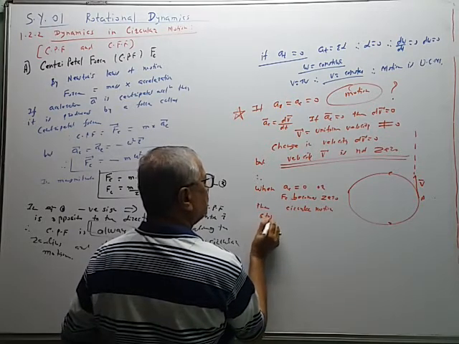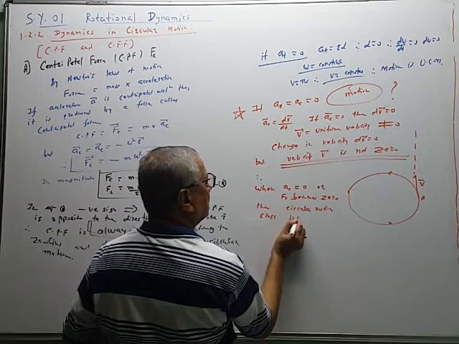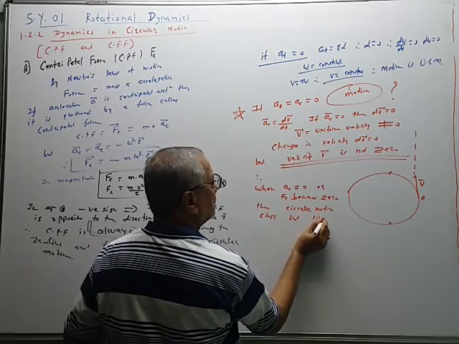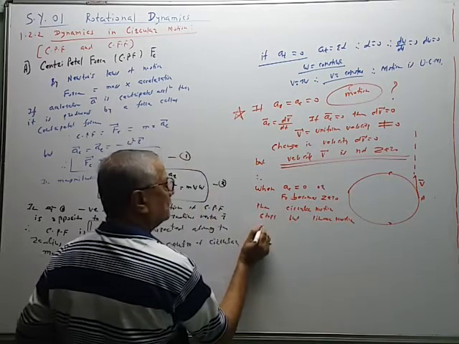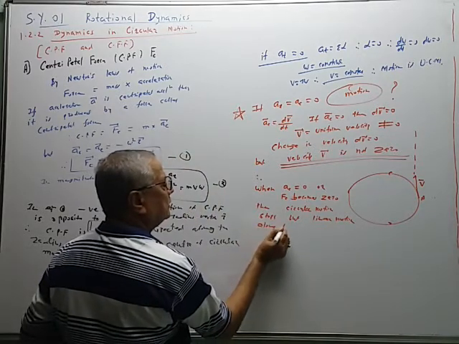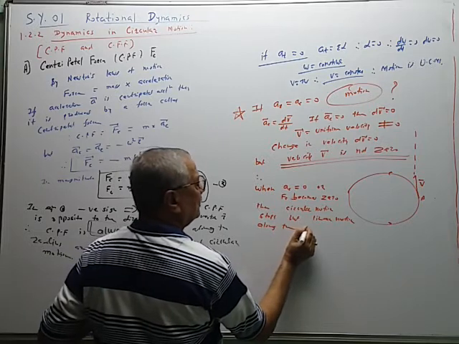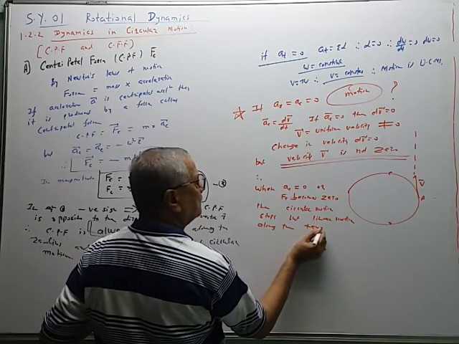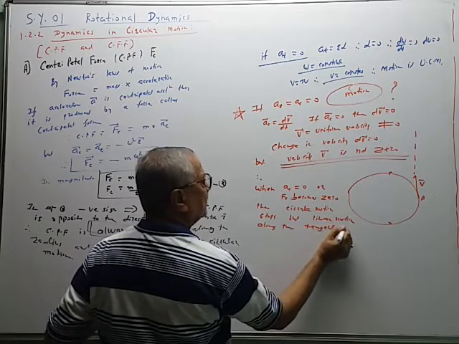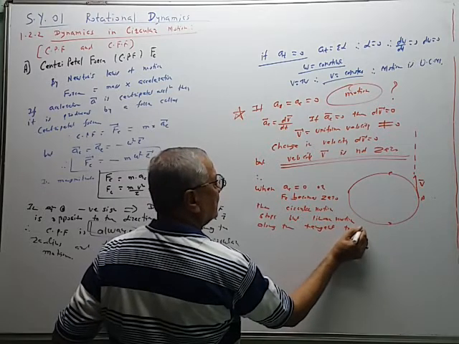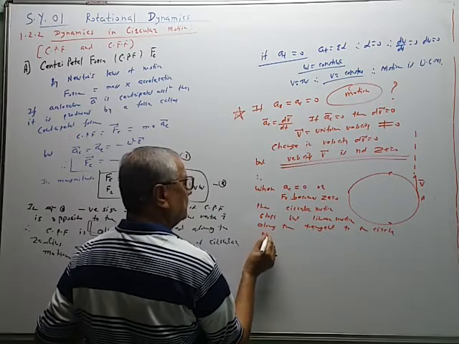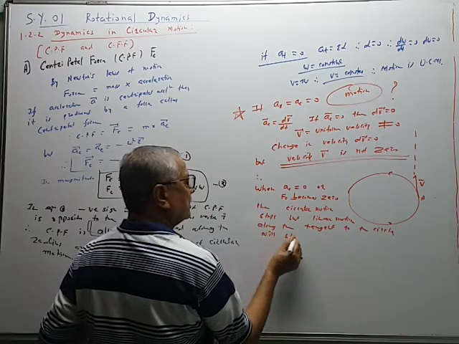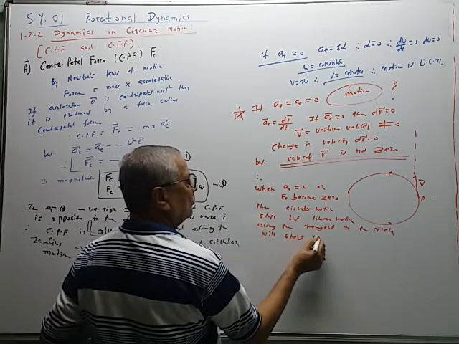Circular motion stops, but motion will not stop. But linear motion along the tangent, linear motion along the tangent to the circle will start with